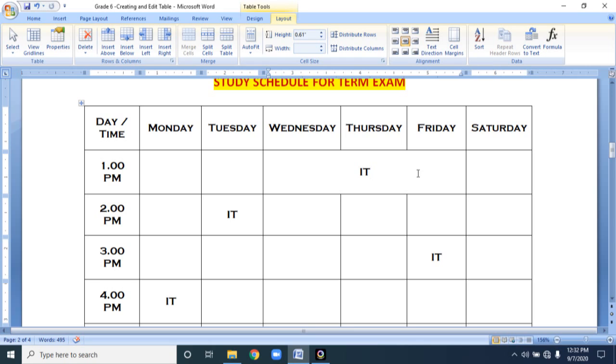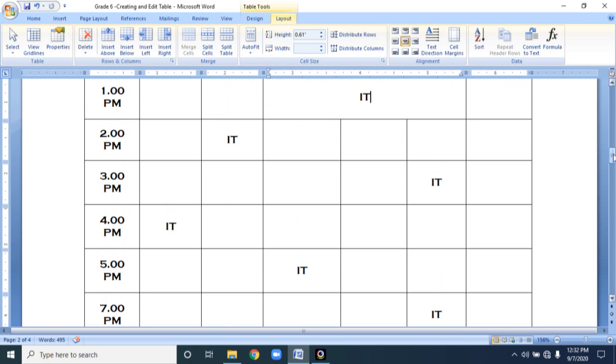Three cells are merged together, which means that daily, Wednesday, Thursday, Friday, 1 p.m. I will study IT subject. In this way, you can do merge. So now I have done merging horizontally. Okay, now see here